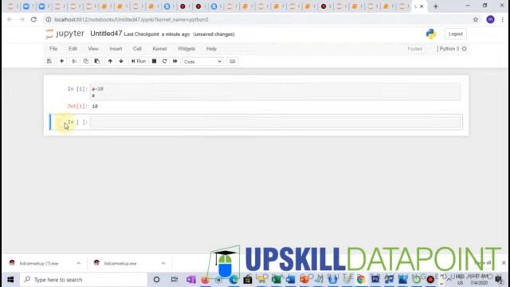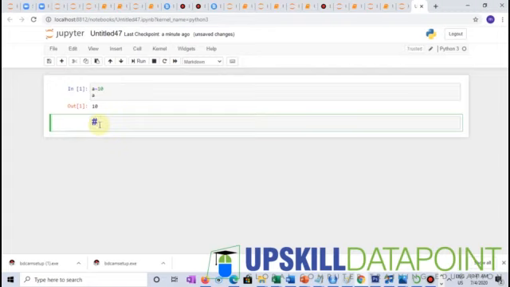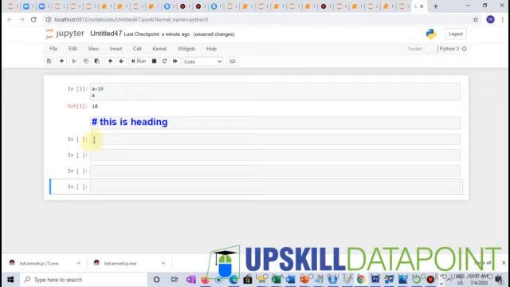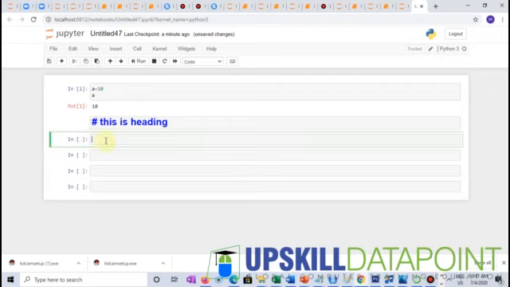Now what's a command mode? If I want to write some documentation or something as a heading here, which I don't need to be processed, but just comes as a heading, then I will press M. M is for markdown, and I write a single hash, and I'll write here, this is heading. So see, this has become a markdown. Now when again I'm here, it's a blue border around it. If I press B, it adds cells. When I'm inside it, it changes to the edit mode where I write something.